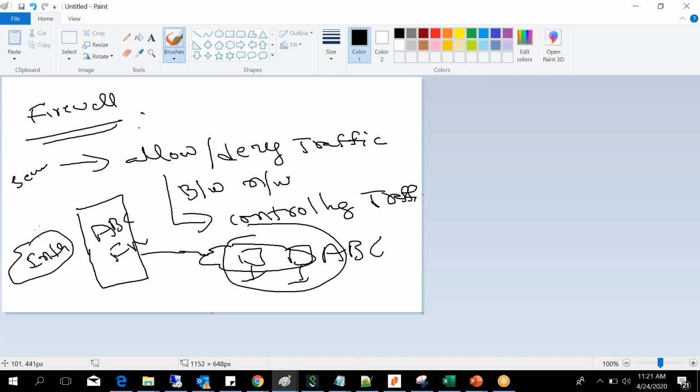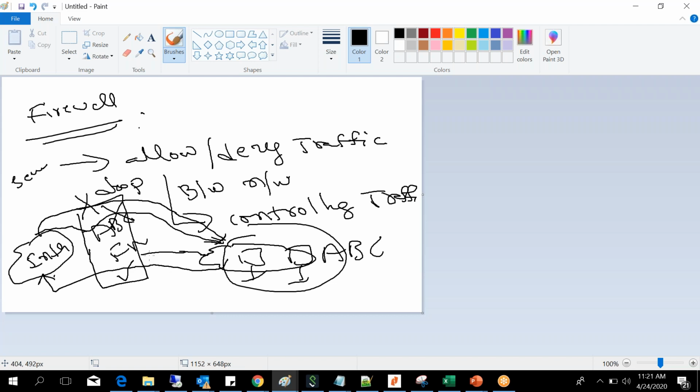Whenever traffic comes from the internet to the ABC network, it is always dropped. Whenever traffic goes from the internal side to the outside, meaning the internet, it is always allowed. That is the default functionality of a firewall.